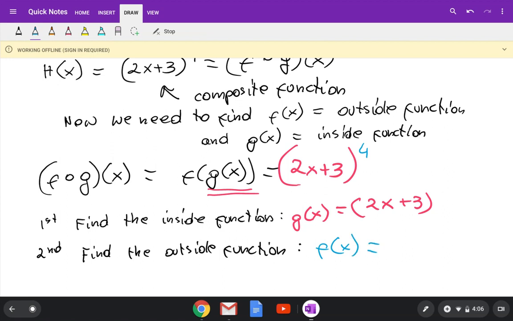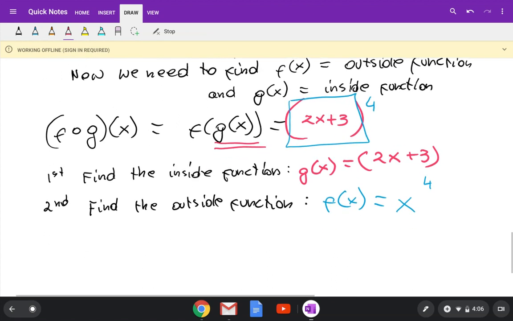So outside function is whatever was inside, which is x to the power of 4, because don't forget how the composition works. You use a g, and g, the equation of g replaced with x. So just technically erase what you have inside of the parenthesis and put x. That's going to be your f of x function, x to the power of 4. Okay? So again, that's 2x plus 3. That's it. That's what you guys need to do with those examples.